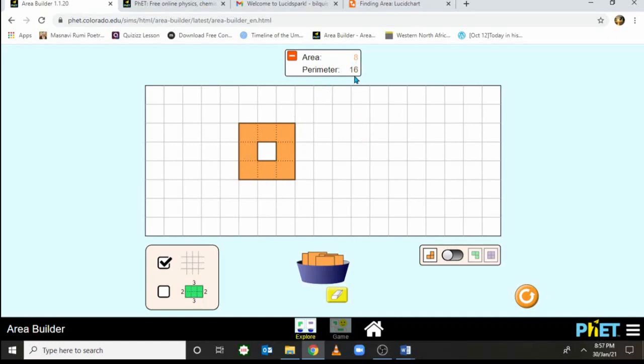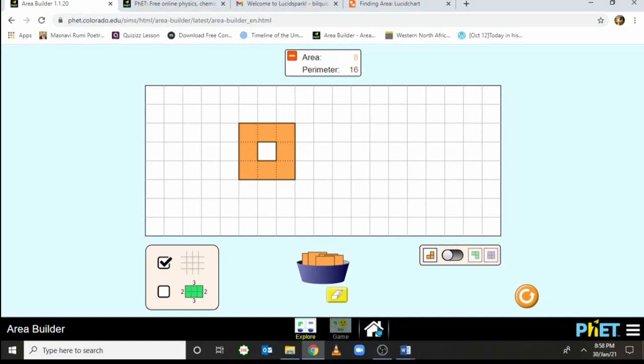As the perimeter is the outer boundary, there are two boundaries of this shape. One is this outer boundary and the other one is the inner boundary. See? So let's see: 12, then 13, 14, 15 and 16. These are also calculated as a perimeter of this irregular shape. Clear? So in this way the students can explore their misconceptions, and they can explore further the area and perimeter of regular and irregular shapes.